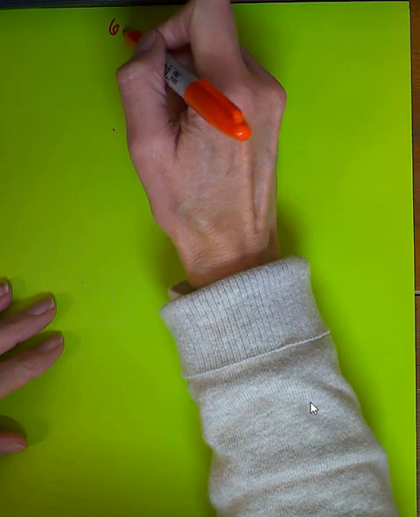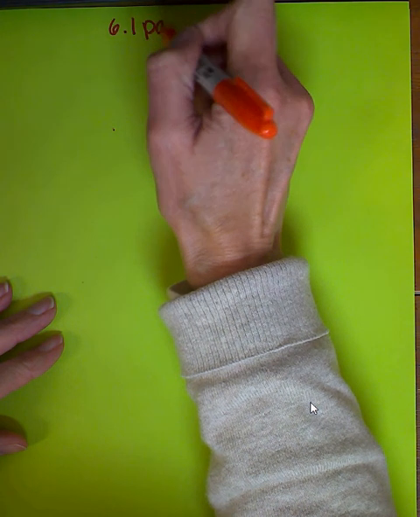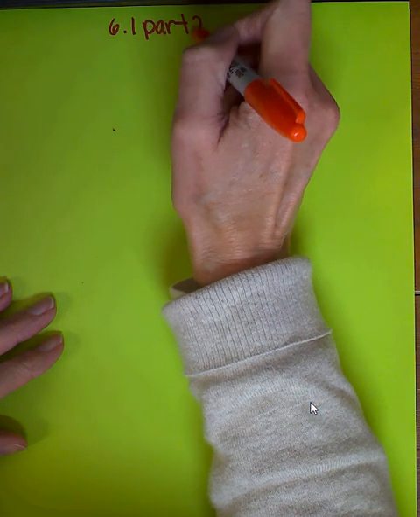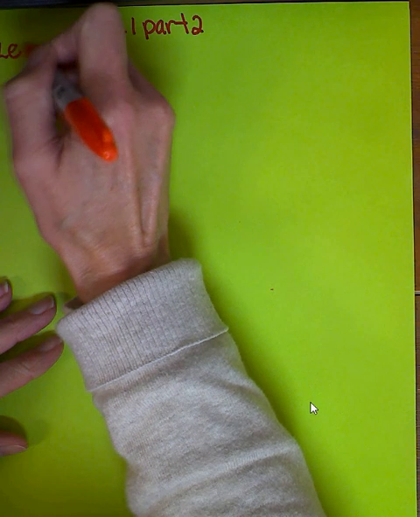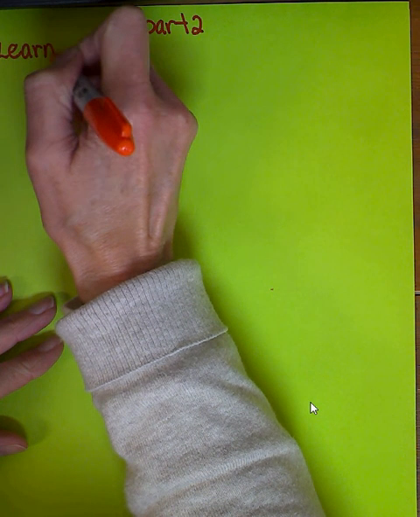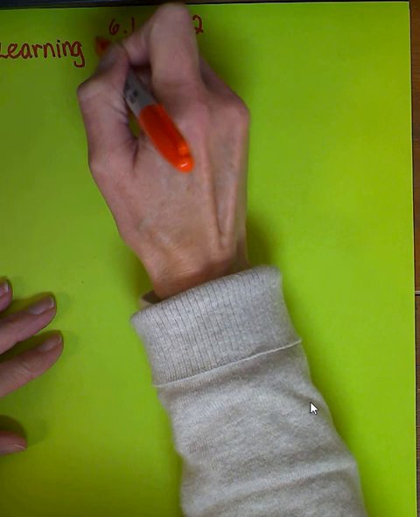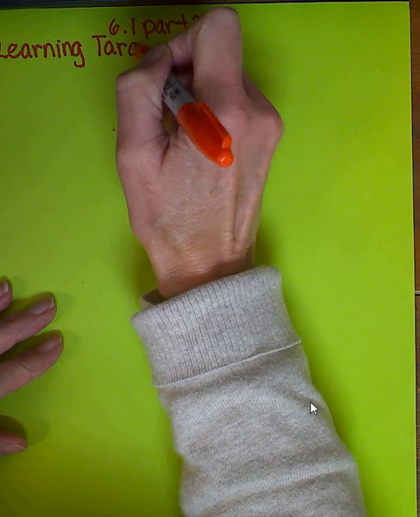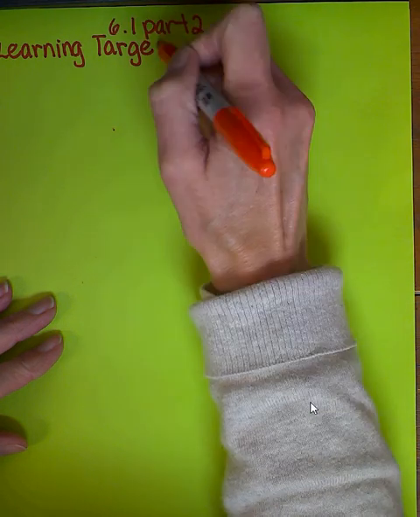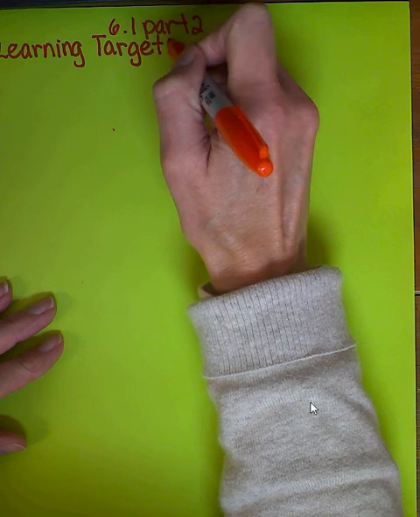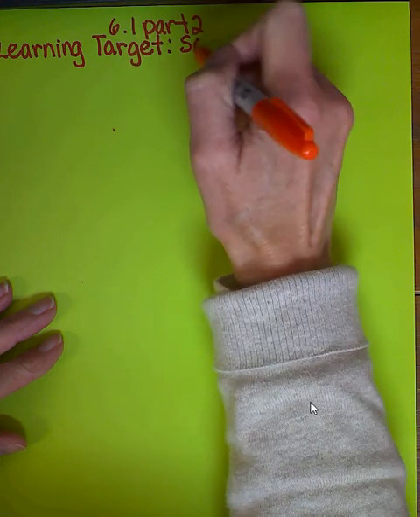We're ready to do another thing in 6.1, so our part 2. And our learning target for this one, the first part kind of set this up for us so that we could use this to solve equations with rational exponents. So on this part, we're going to solve